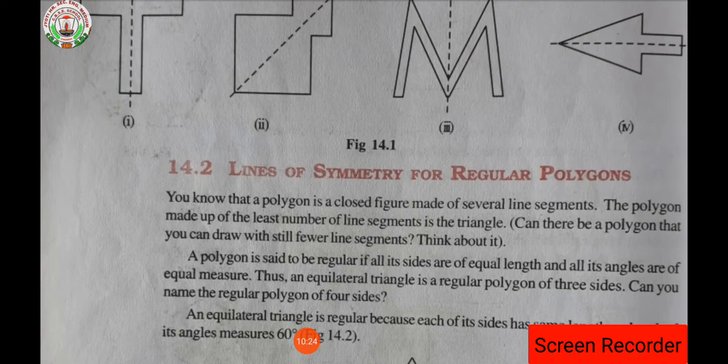Many things are there, like alphabets we are having. Some of the alphabets are having 2 lines of symmetry, some of the alphabets are having 1 line of symmetry, but we are talking about the figures over here, isn't it? If we are having a polygon, like the triangle is a 3-sided polygon, isn't it? So in a 3-sided polygon we will have the least number of lines of symmetry.